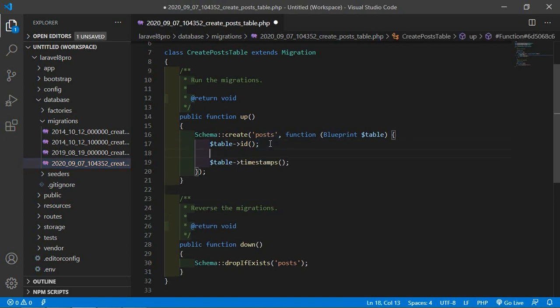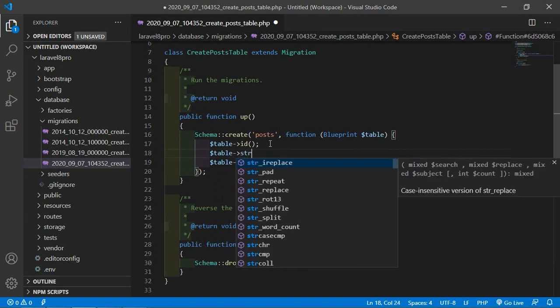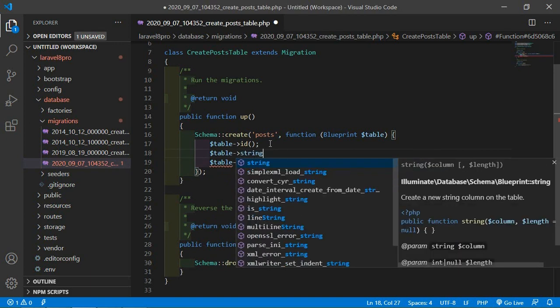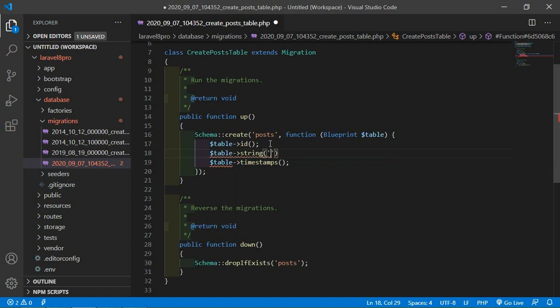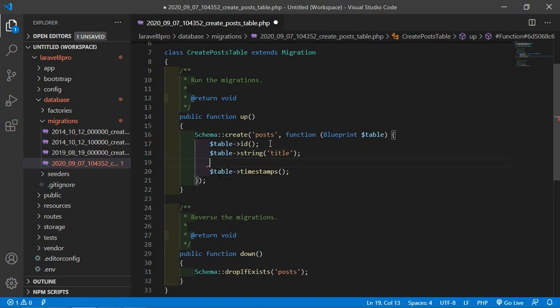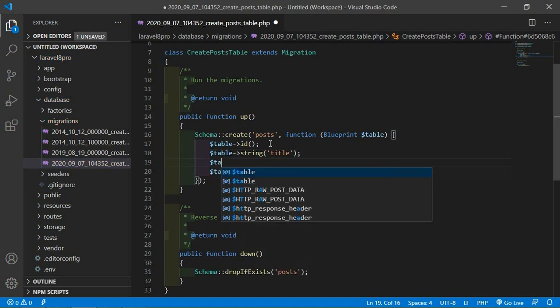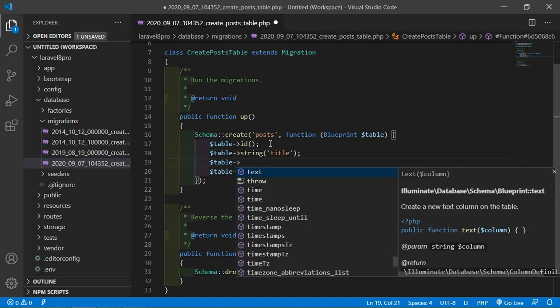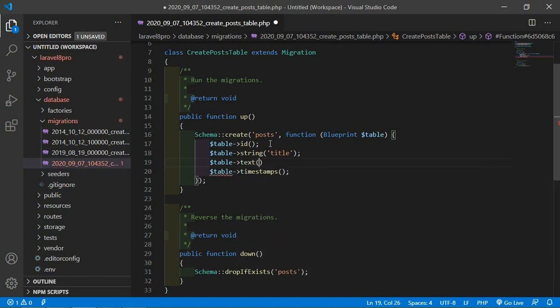So just write here $table->string and the column name, which is title, the title of the post, and $table->text, and column name body, the body of the post. All right, now just save this file and now let's run this migration.